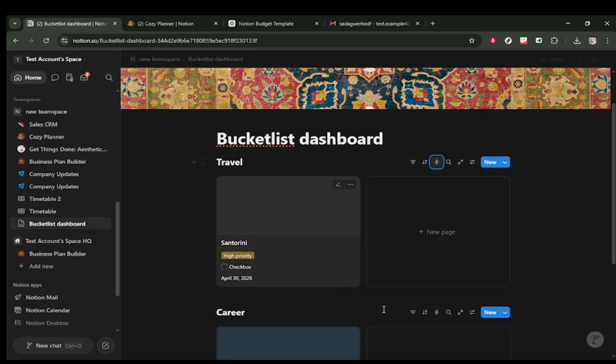In today's video, I'm going to teach you how to sync with Notion automations. To get started, open Notion and navigate to your bucket list dashboard page. This is the page where you will set up an automation so Notion can run a small workflow for you